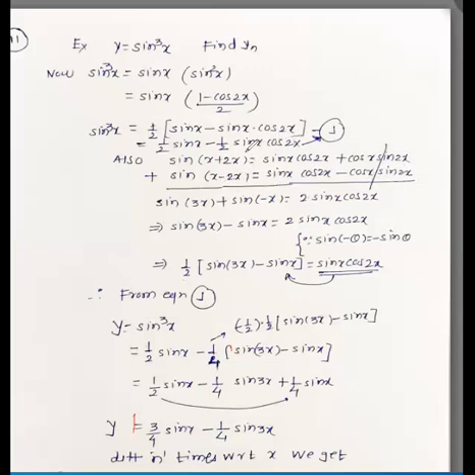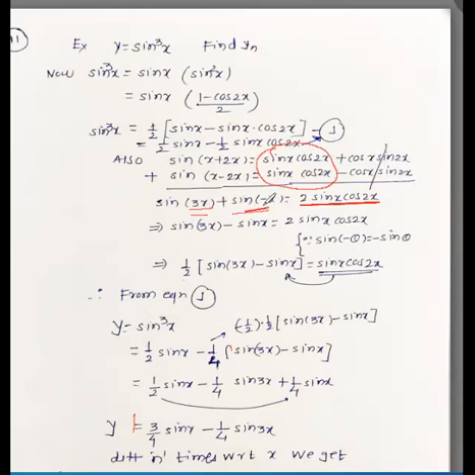Now we want sin x into cos 2x. This is the term we want. So add these. When you add, the second term gets cancelled: cos x sin 2x plus and cos x sin 2x minus cancel. The addition is 2 times sin x cos 2x. And on the left hand side, we get sine of x plus 2x, that is 3x, plus sine of x minus 2x, which is minus x.